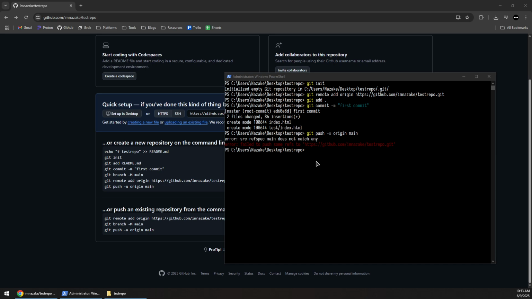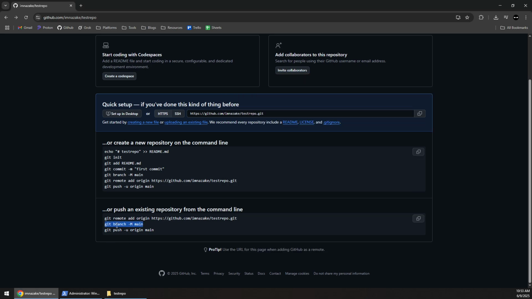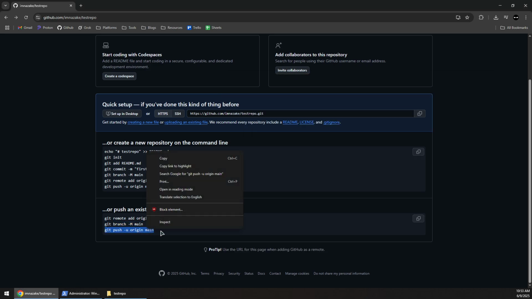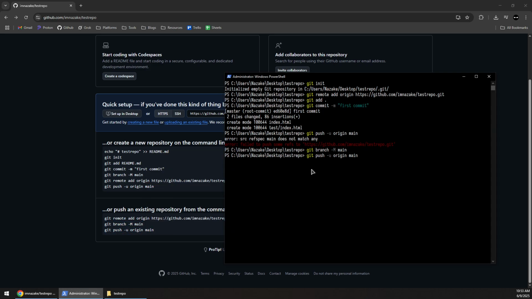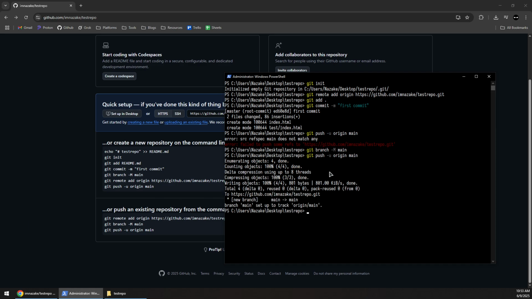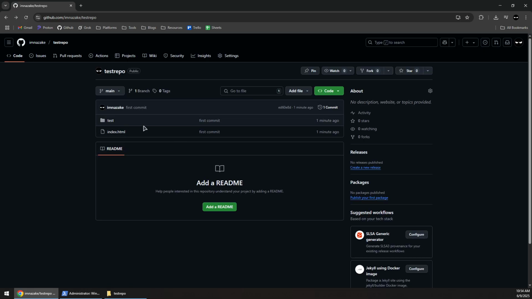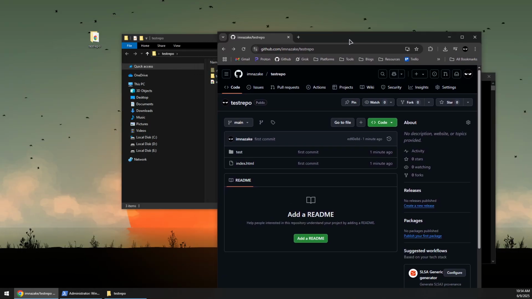And this error occurred basically because we don't have the main branch, so we will need to run this before: git branch -m main, and then git push origin main. We want to run it again, and that should start uploading the files to GitHub. Now it's finished. Now we can go back to GitHub and refresh, and we should see all the files inside